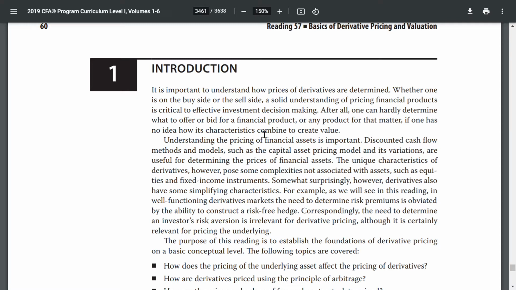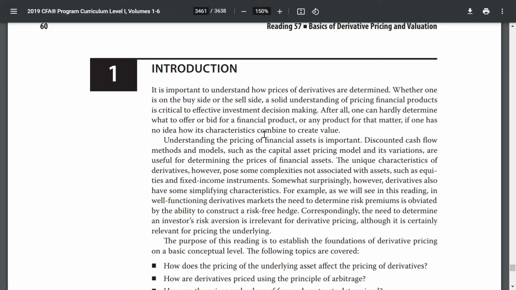Discounted cash flow models such as the capital asset pricing model and various others are useful for determining the prices of financial assets. A unique characteristic of derivatives, however, is that they have complexities not associated with assets such as equities and fixed income instruments. Somewhat surprisingly, however, derivatives also have some simplifying characteristics. For example, as we will see in this reading, in a well-functioning derivative market, the need to determine risk premiums